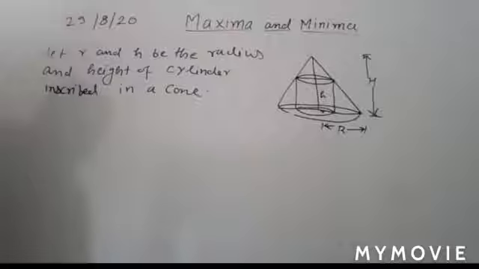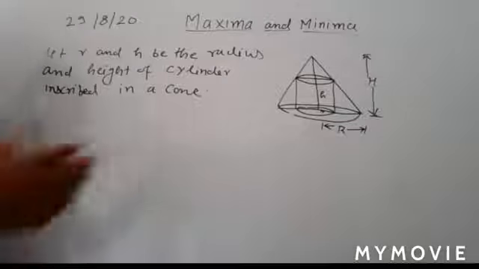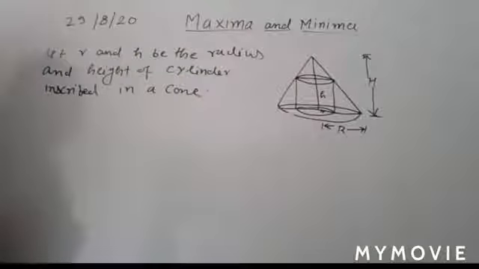Okay, so here you have to show that its curved surface area is maximum, greatest curved surface area. And the curved surface area of cylinder is 2 pi r h. So no doubt, here you have to find the relation in between small r and small h. But here, capital R and capital H are treated just like constant. So how are you getting your relation in between them? So here you use the concept of similar triangles.